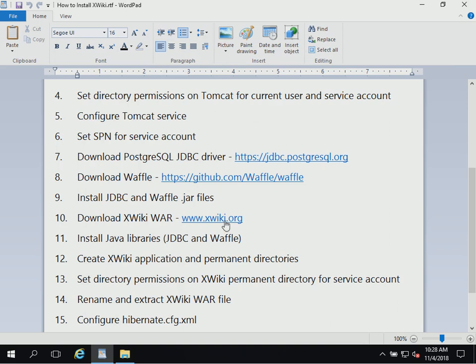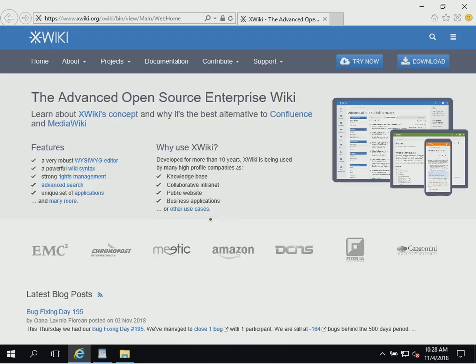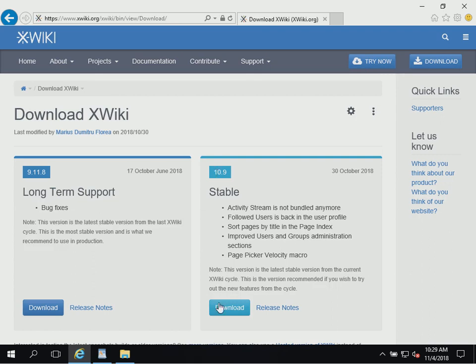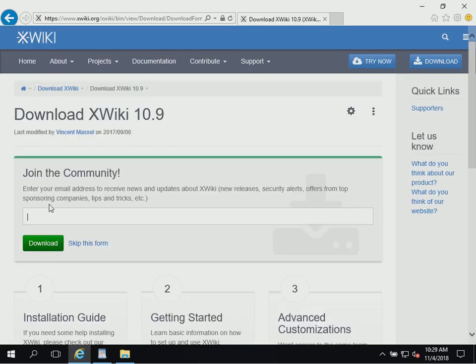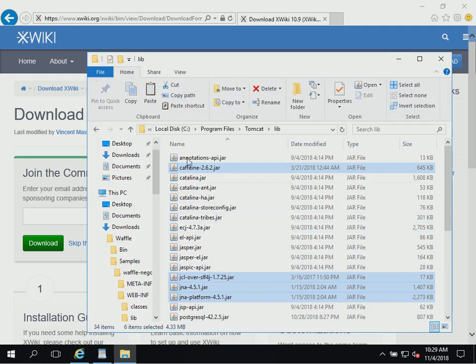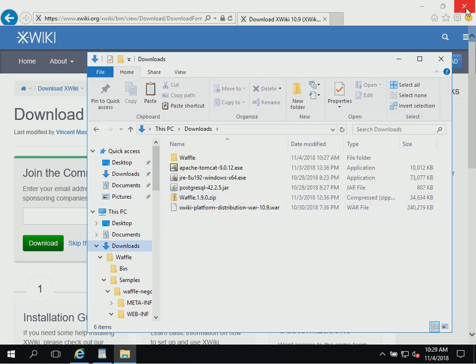The next step is to grab the XWiki war file install. So we go to xwiki.org, and right on the front page you'll see a button to download. So we'll hit download there. The current version is 10.9, the latest release. Go to the download button. The one we want is the war package for servlet container. That's the part we're using. So download. You don't have to enter your email address if you don't want to. You can just hit skip this form, and it will download the war file onto your computer, which I